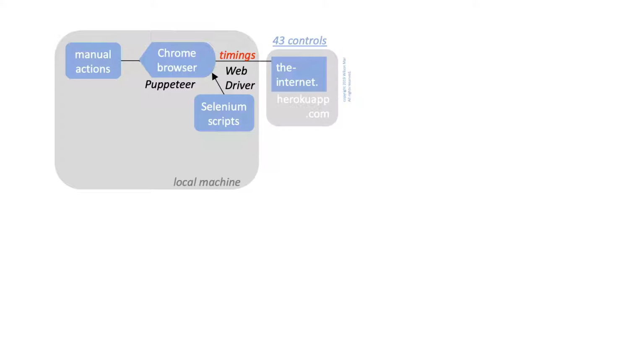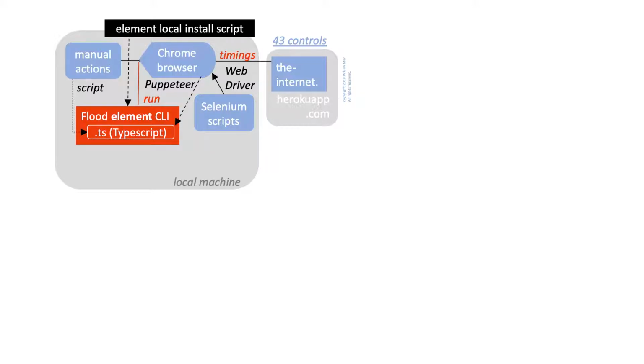Puppeteer is used in Chrome's Lighthouse developer tools, which provides the precise diagnostics needed to script manual actions in TypeScript code instead of Selenium. TypeScript is a superset of the JavaScript programming language that is the default language controlling browsers. TypeScript is run to automate actions in the Chrome browser by the Flood Element program installed locally using a shell